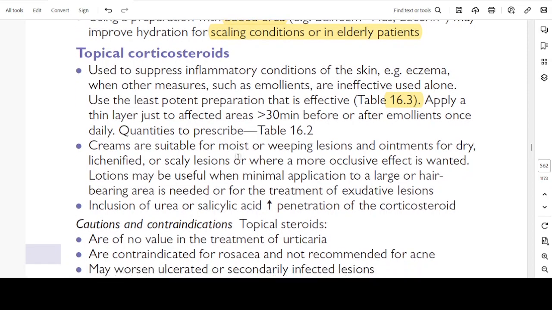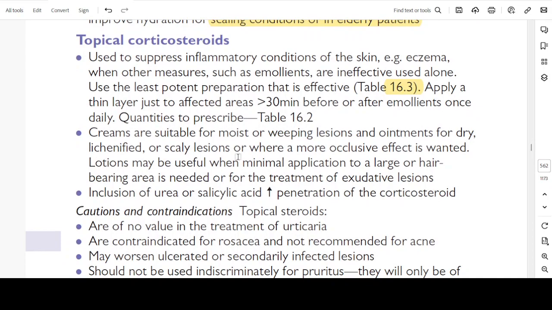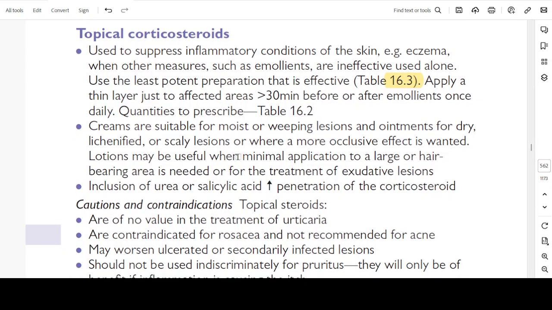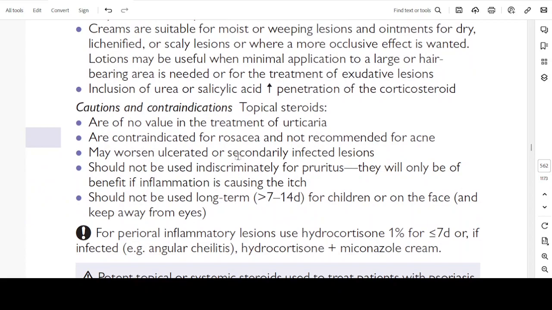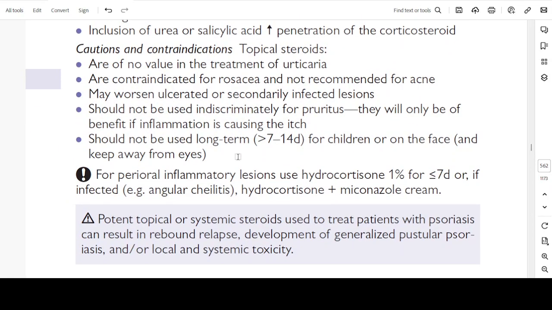Creams are suitable for most moist or weeping lesions, and ointments for dry, lichenified or scaly lesions, or when a more occlusive effect is needed. Lotions may be used when minimal application to a large or hair-bearing area is needed, or for treatment of exudative lesions. Inclusion of urea or salicylic acid increases the penetration of the corticosteroid. Cautions and contraindications